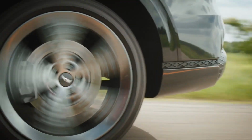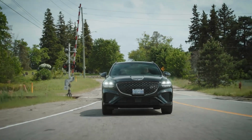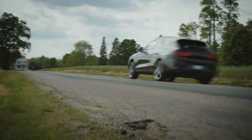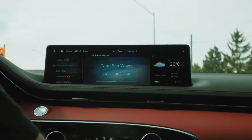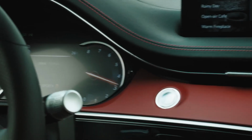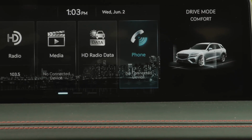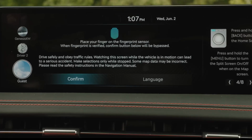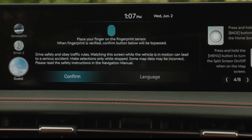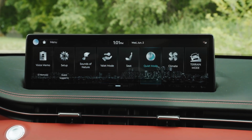The technology in today's high-end electric cars is unparalleled. But the question is, how user-friendly is it? The Genesis GV70's answer is very. You can handle audio navigation, climate control, and phone functions via the steering wheel, a touchscreen, or your voice. Easy-to-use navigation, a 14.5-inch touchscreen, Apple CarPlay, Android Auto compatibility, and wireless charging for compatible smartphones are all included